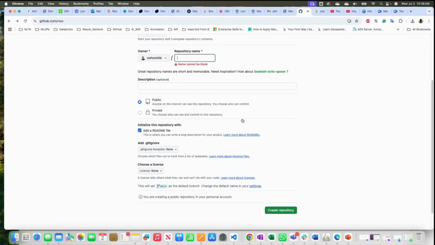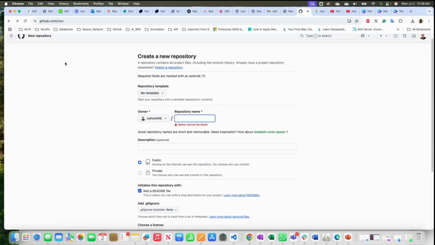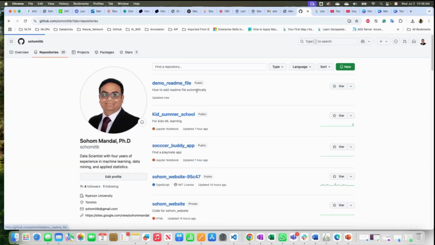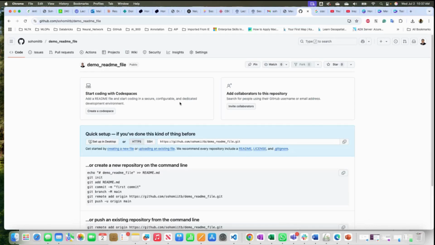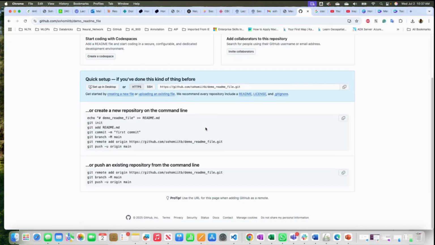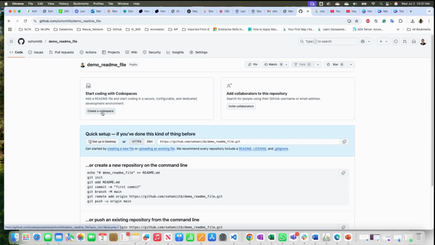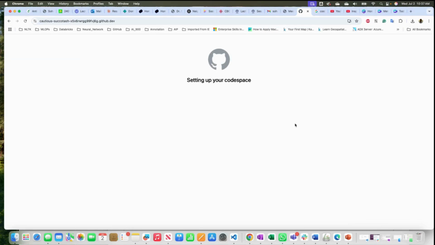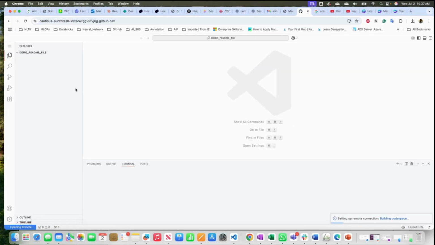Let me check if my repo is created or not because I already selected that part. Anyway, that's fine. I could send a readme file over there, but if not, it's also fine. There are multiple ways you can do this. Here is create a code space, so it can create your own code space, and then you can use it over there. You can see that it's already coming,